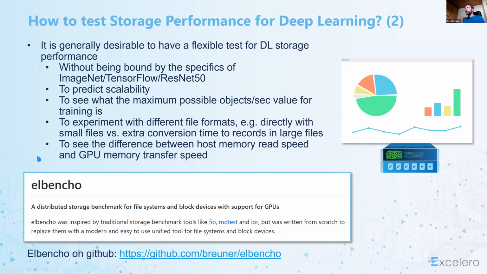So with no such benchmark available, I went ahead and just created a new benchmark for storage systems, which I called elbencho. Elbencho can work with random access in lots of small files, or can also measure random access in few large files, so that you have both cases covered. It can also run distributed across multiple compute nodes, and it can even work with GPUs. So you can really measure which performance from the storage system you can get through to the GPUs. It's available for free. Here's the link to GitHub.